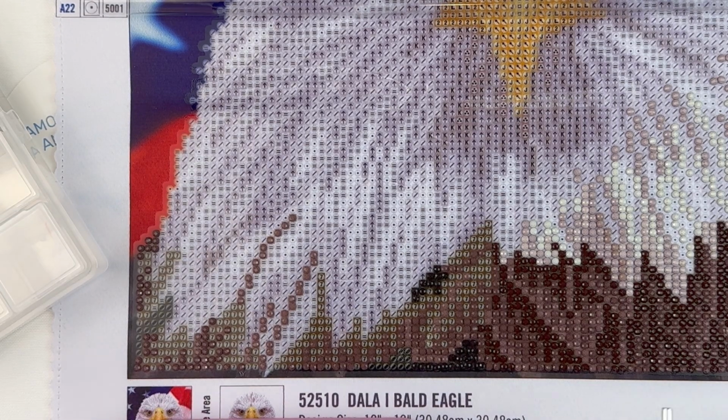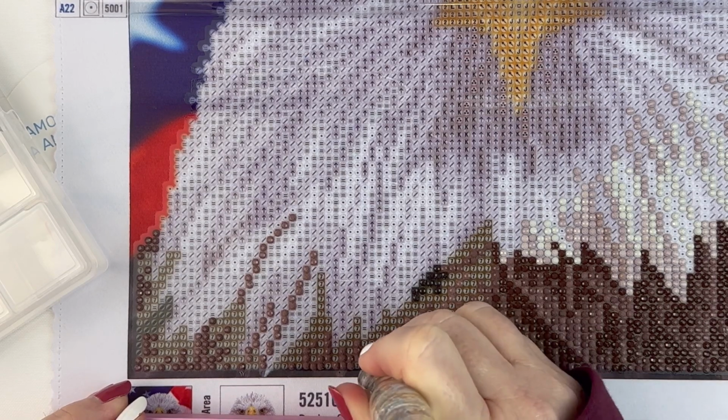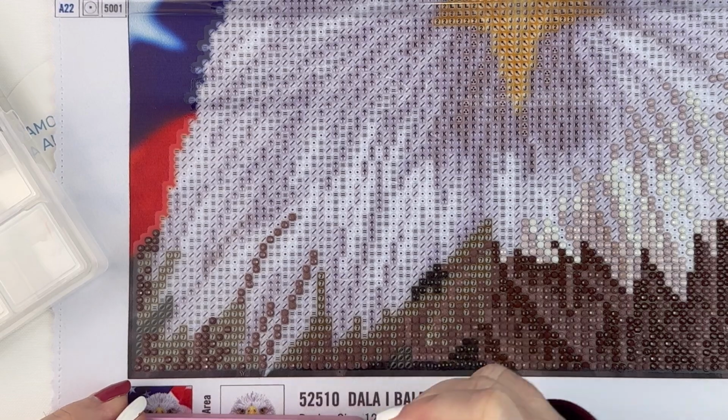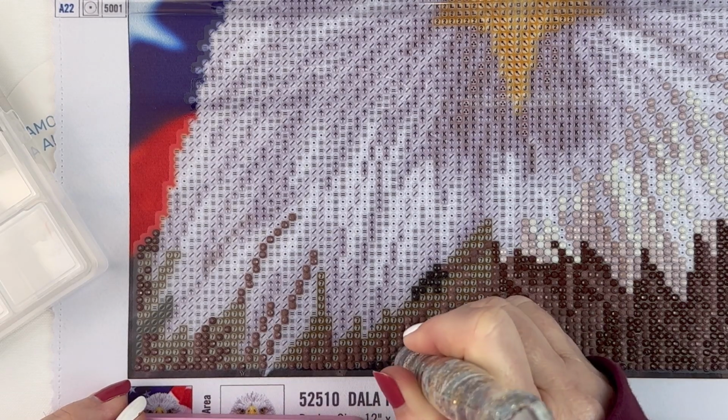I like having long nails. My kids always make fun of me that I don't cut them. I'm like, I like having long nails. I mean, I don't want them super long because then I don't feel like I can do anything. But I like having them and I like being able to paint them and stuff. So